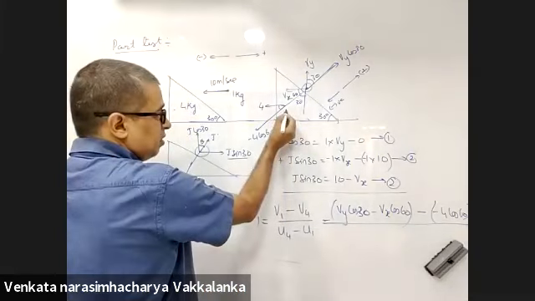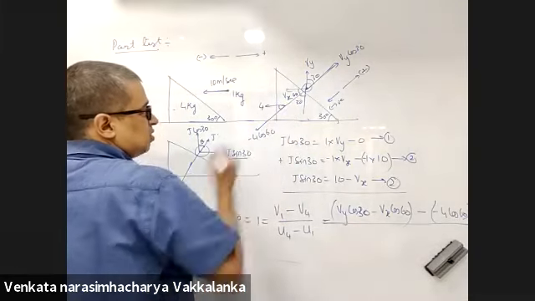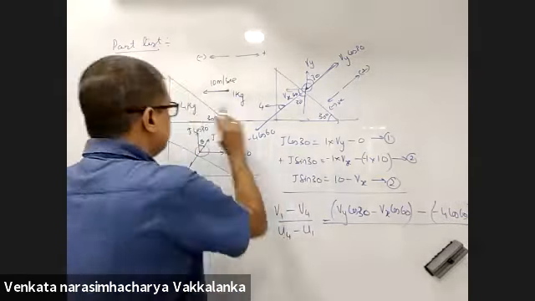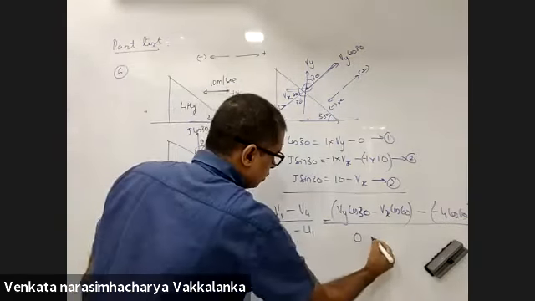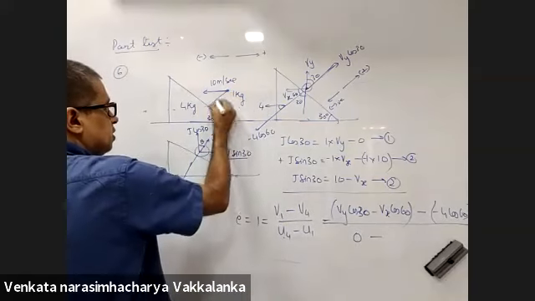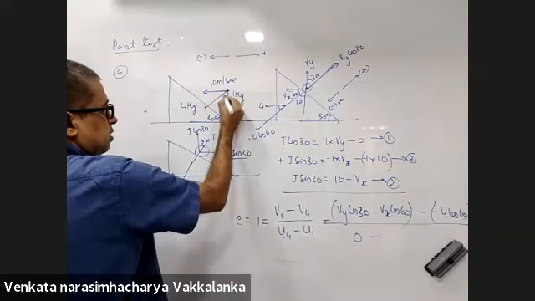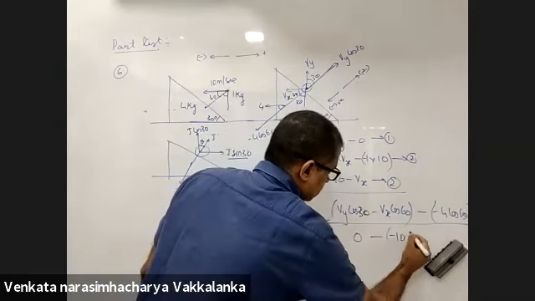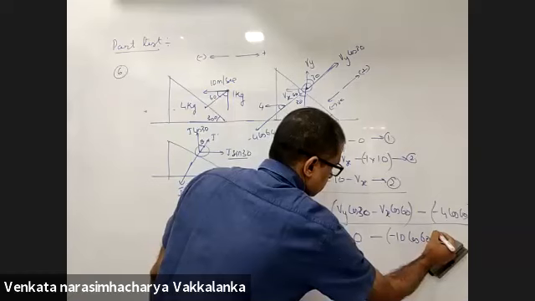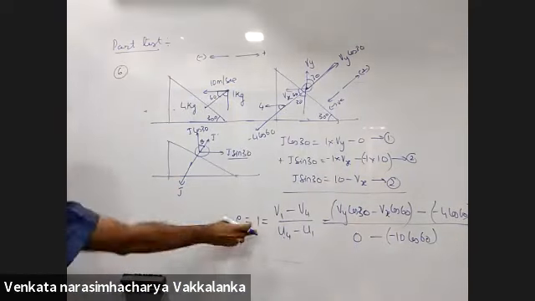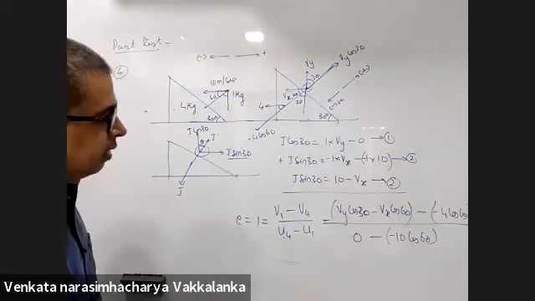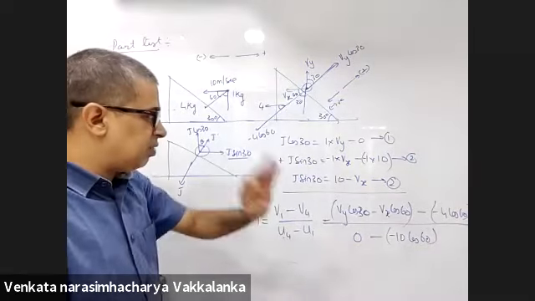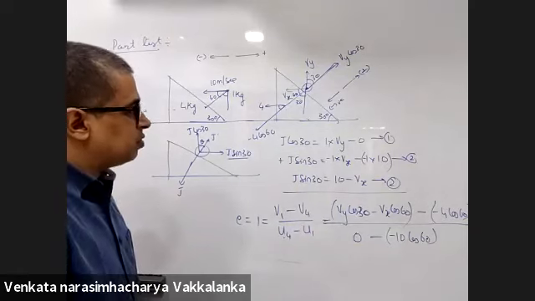Yes, sir. Velocity of the wedge. This angle is 60. This angle will be 60, right? Now, velocity of the 4 kg block initially is 0 minus this in this direction. This will be 60. 10 cos 60 minus 10 cos 60. E is equal to 1. First equation, second equation, third equation, 3 equations, 3 variables.